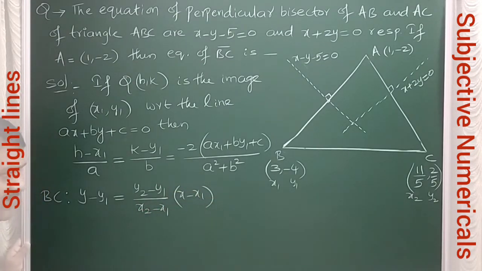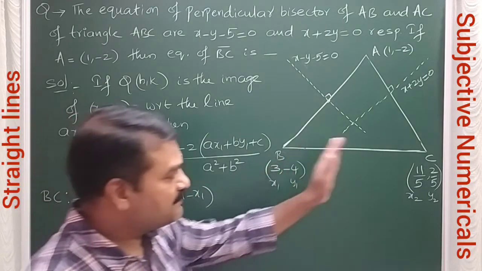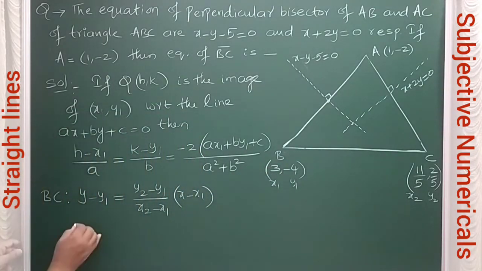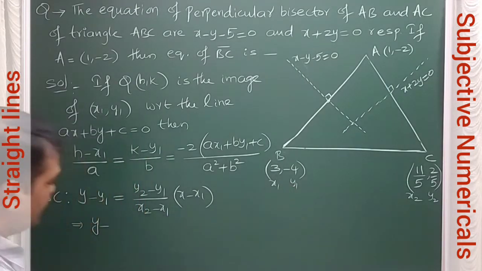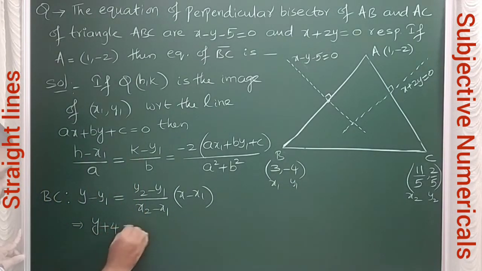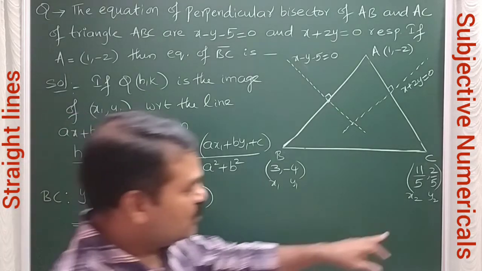This is the 2-point formula to find the equation of the line. Substituting all points now, we will get y minus y1, that means y plus 4, that is equal to y2